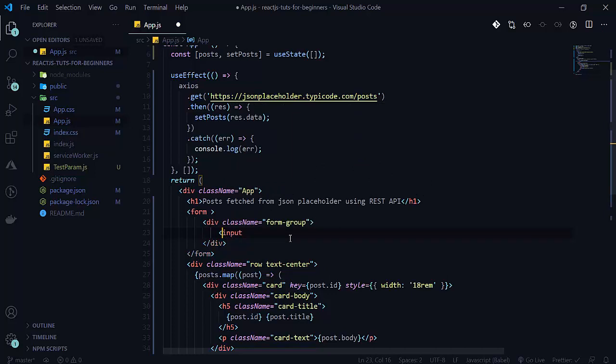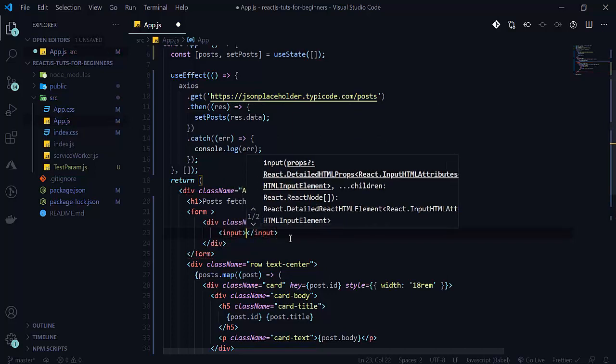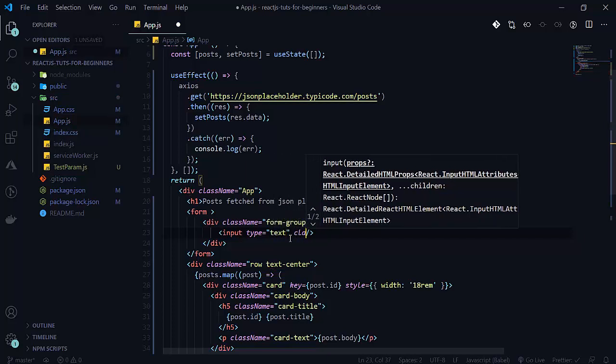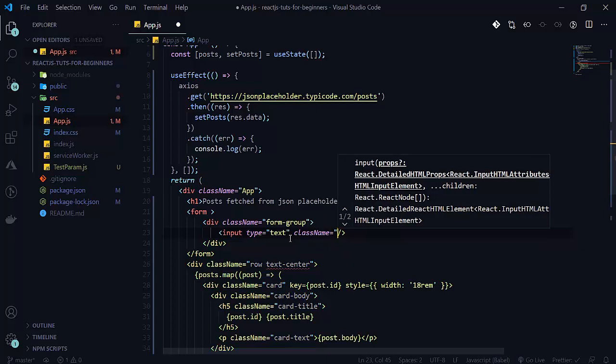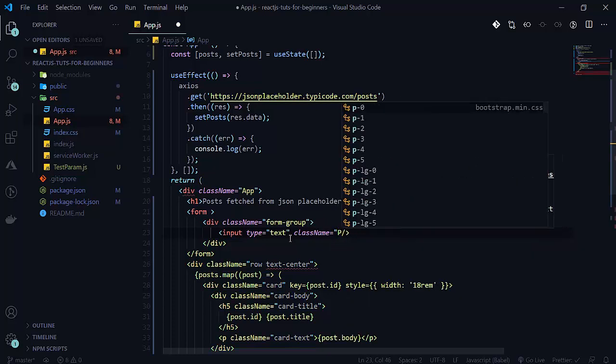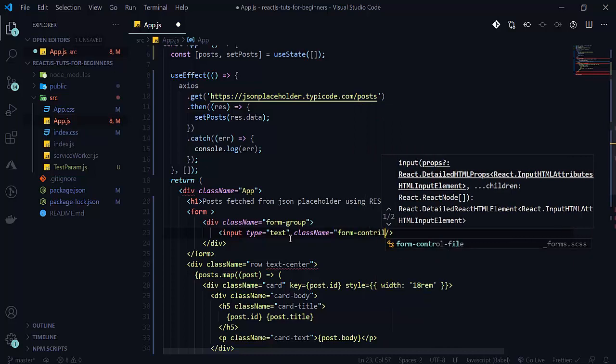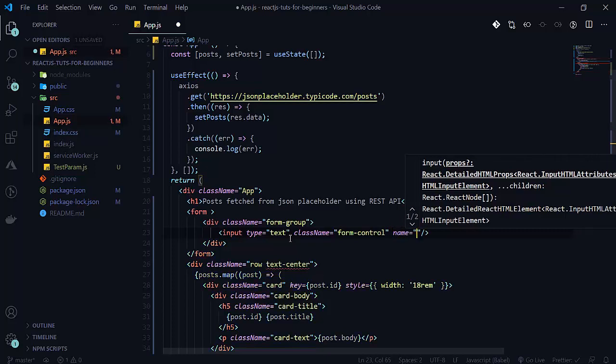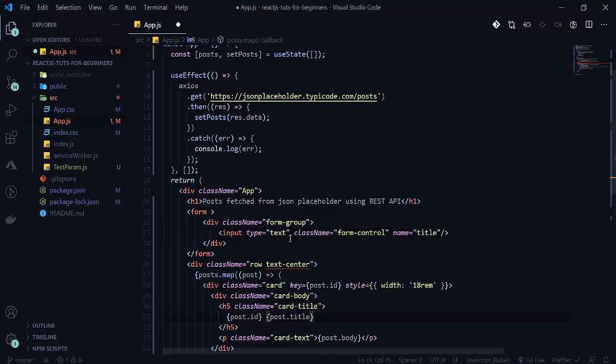So here will be our input, and the type will be text. The class name will be form control, and its name will be title, because as we write here, see that here is title. The id will be added automatically, so we don't need any id for that.